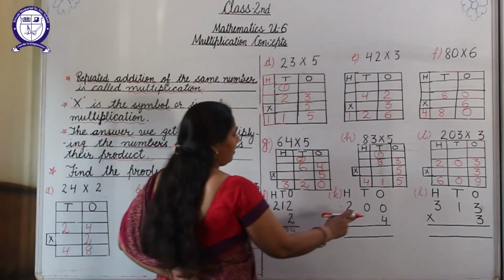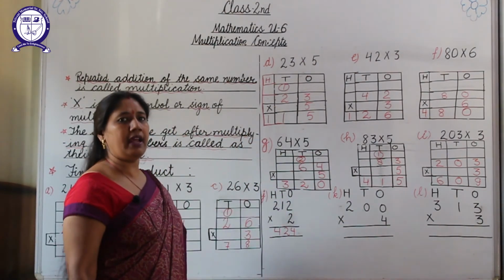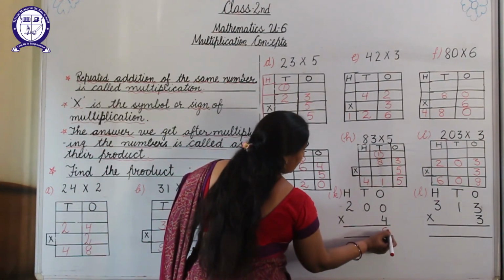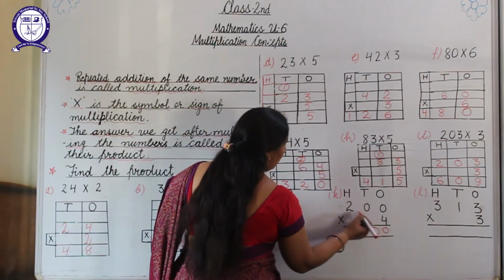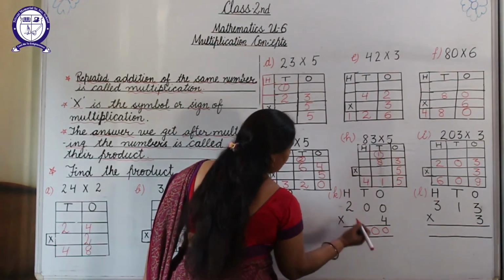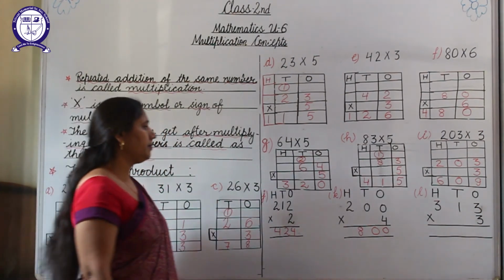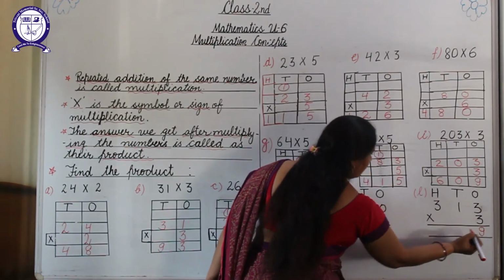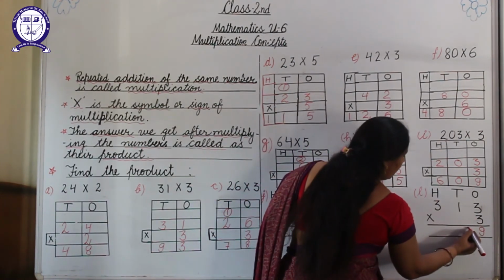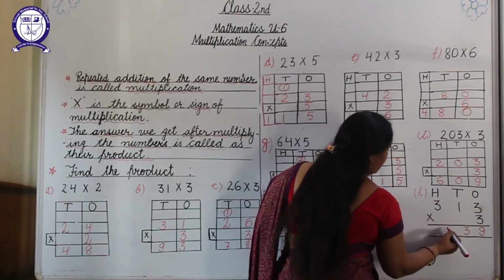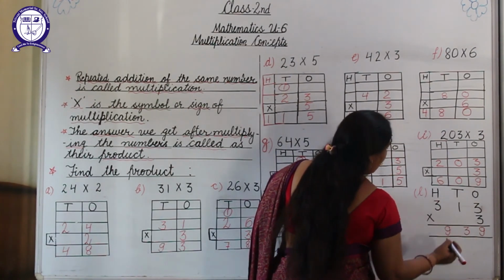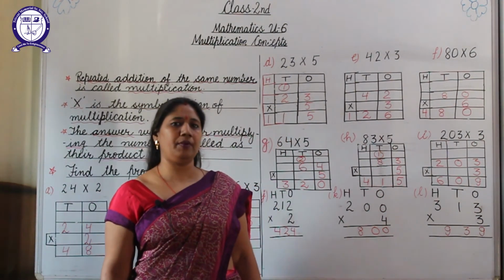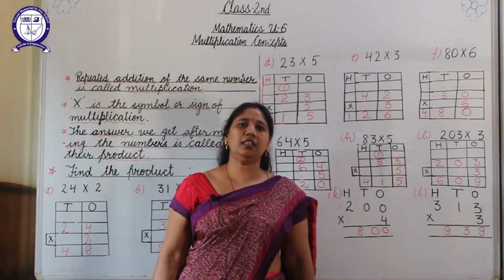424. When we multiply any number by 0, then we get 0. 4 zeros are 0. 4 zeros are 0. Then 4 twos are 8. Answer is 800. Firstly multiply by the ones digit: 9. Then tens digit: 3 ones are 3. Then hundreds digit: 3 threes are 9. Answer is 939. Students, you have to revise this chapter with the help of the video and learn the concepts